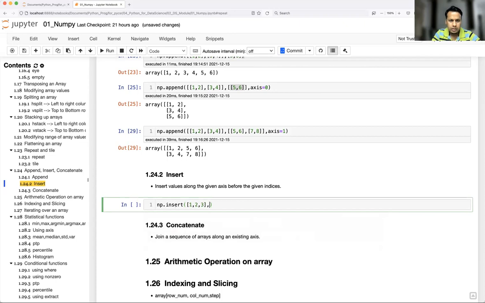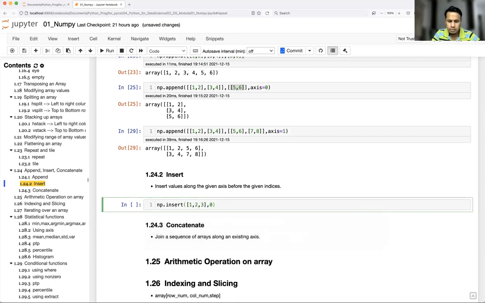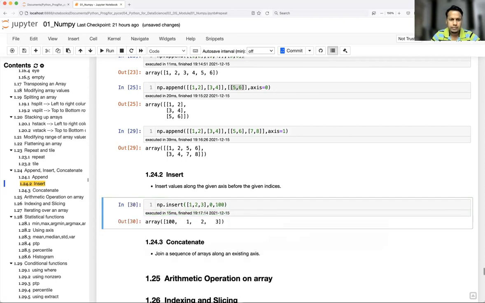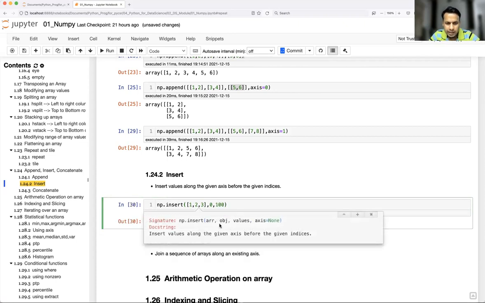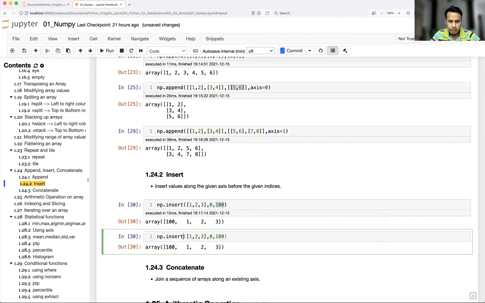I want to insert values. Let's say at the 0th position I want to insert 100. See here, basically this object is nothing but the position of the index where you would like to insert 100.